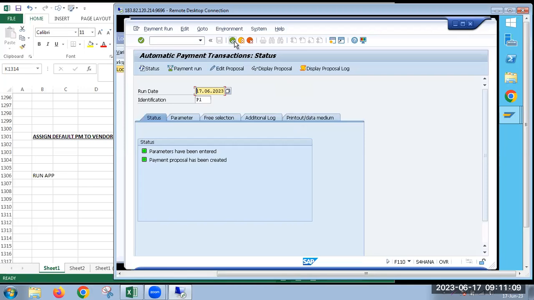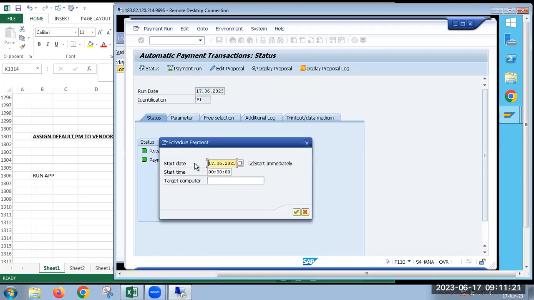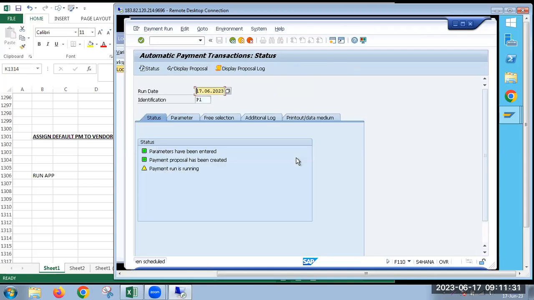Yeah, so for the moment we can go for payment run. The payment also we can schedule to a different date, or even with current data we can specify start immediately, enter. You can see payment is running,